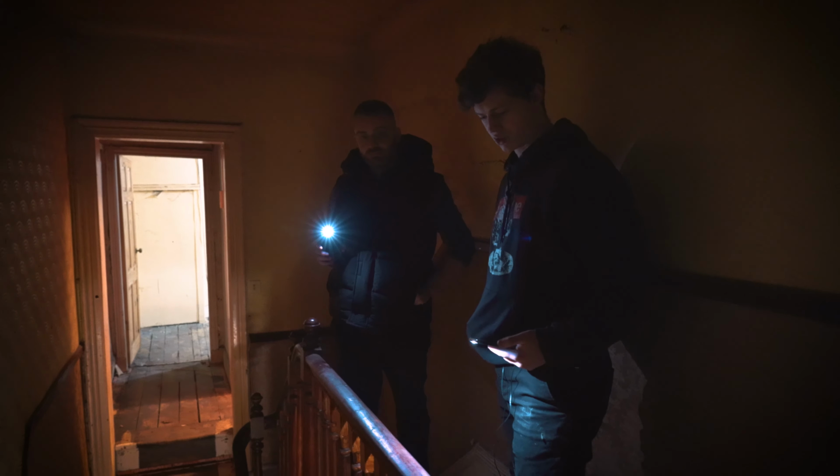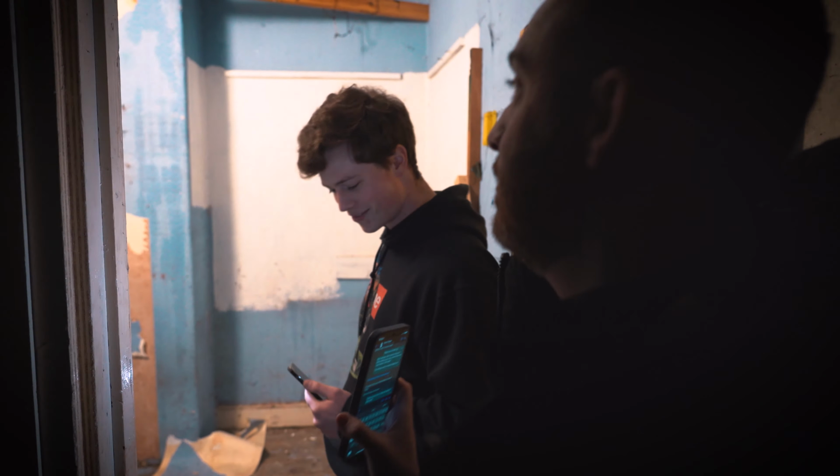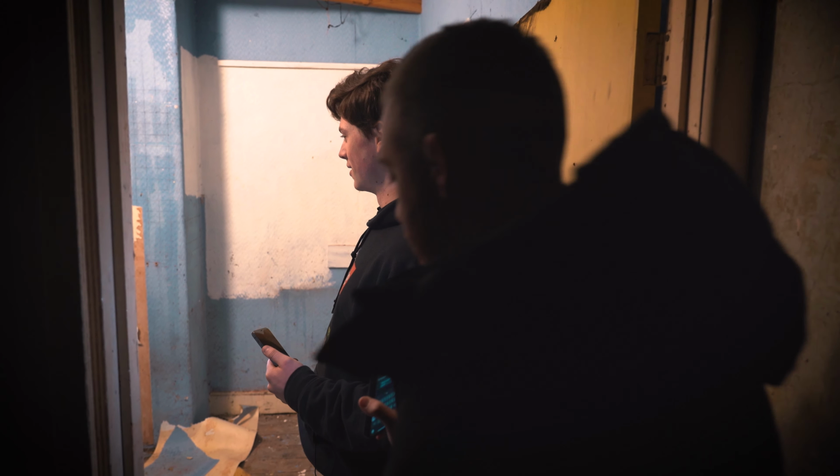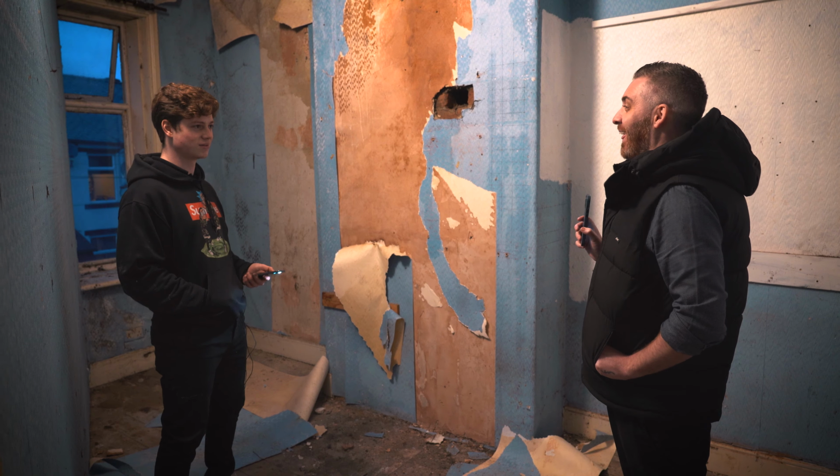This room is a really interesting room. There's no easy way of doing it. Well, it's 2 rooms. There's no way of sort of explaining what was the thought process behind this. The thought process was, clearly had too many children. So let's just box off a room. I mean, how would you lay this out with furniture? Like, what would you? The bed would have to go there in front of the door, so you'd open the door into the bed, or you have to get a triangle bed, like...